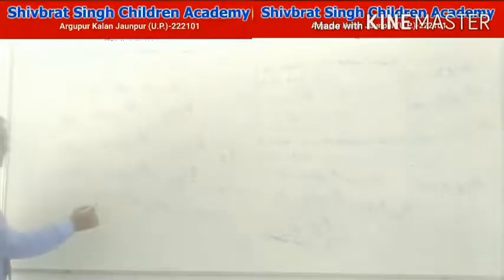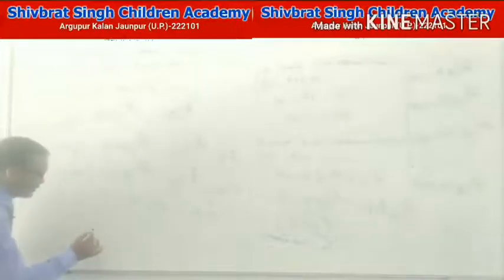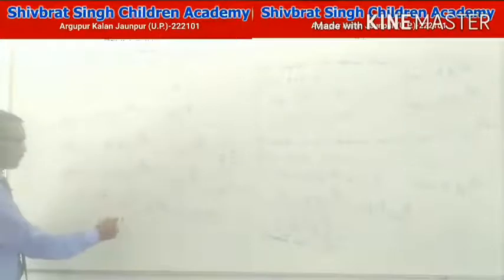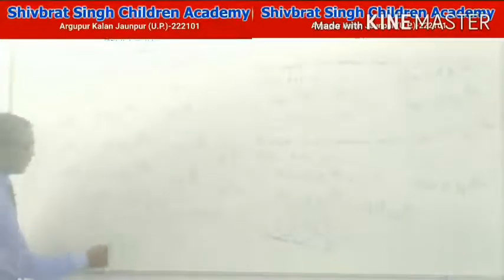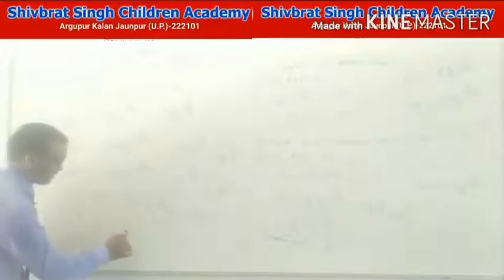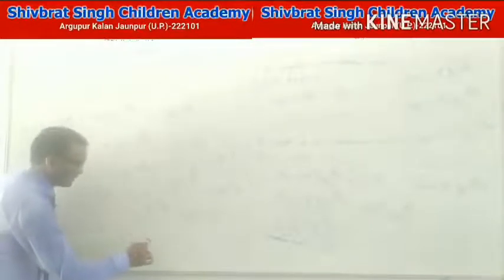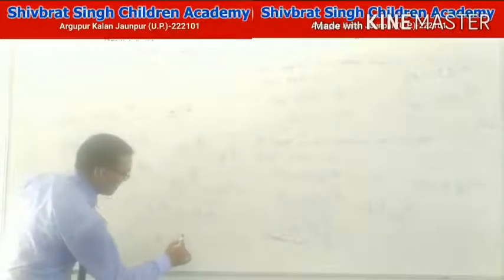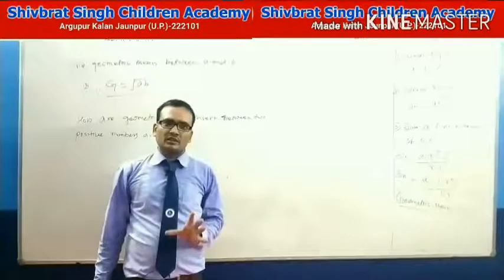We divide 2 to the power 1 by 4 by 1, and we find the value 2 to the power 1 by 4. Also we divide 2 to the power 1 by 2 upon 2 to the power 1 by 4, which gives 2 to the power 1 by 4. This also gives 2 to the power 1 by 4. Here in this question,